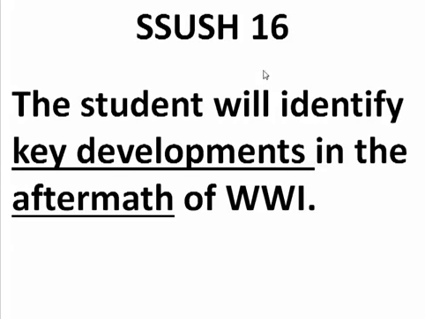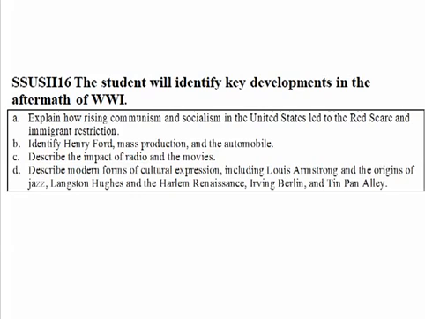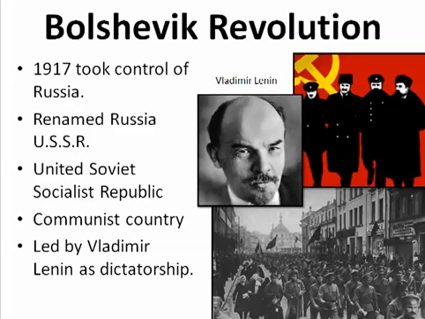All right, let's look at Standard 16. The student will identify key developments in the aftermath of World War I. So we're going to look at these key developments after World War I, and let's look at World War I. Russia had a revolution, and it's called the Bolshevik Revolution. The Bolsheviks and the Mensheviks were fighting over who would have power and control over Russia, and the Menshevik